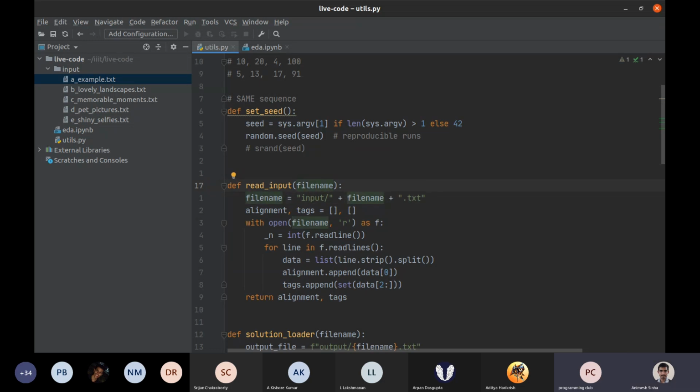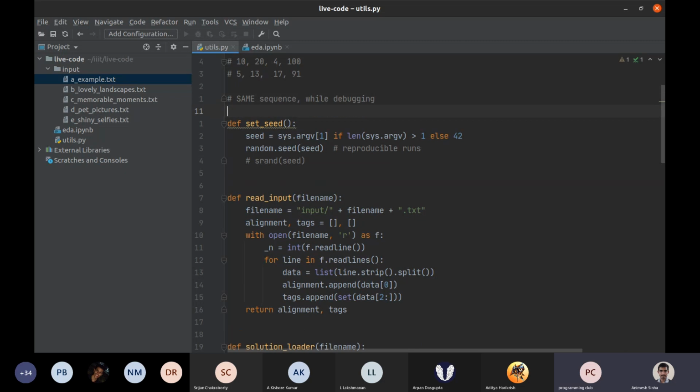Just one comment here: you want to set your random seed for the first few runs when you're trying to debug, so that your behavior does not keep changing while you are debugging your code or while you are testing out initially. But you want to have that flexibility of changing the random number seed when you're running, because having the same set of random numbers will ensure that you have the same fortune, whereas if you have different random numbers, maybe you can get lucky sometimes. Right. So that's why we have a sys.argv here. So sometimes if we want to change the seed, we can do that.